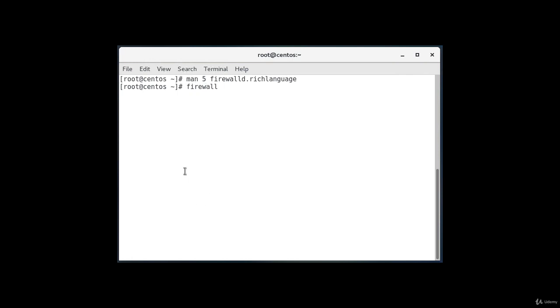firewall-cmd --permanent --zone=testing --add-rich-rule='rule family="ipv4"